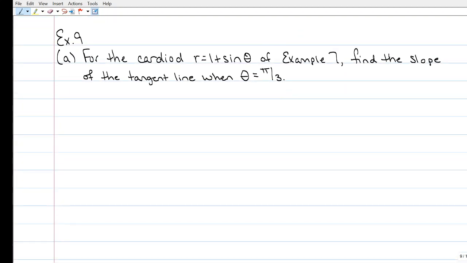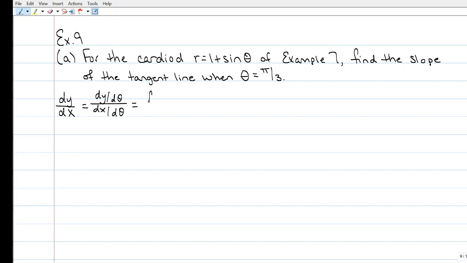So let's finish section 10.3 with example 9. Part A. For the cardioid, r equals 1 plus sine theta of example 7, find the slope of the tangent line when theta is equal to pi over 3. So first thing we would want to do is find an expression for the derivative of y with respect to x. Recall that this is dy/d theta over dx/d theta,